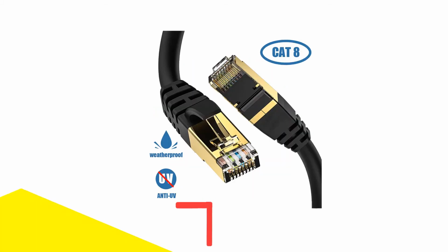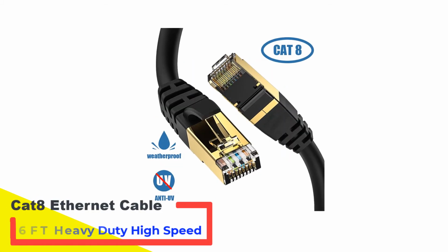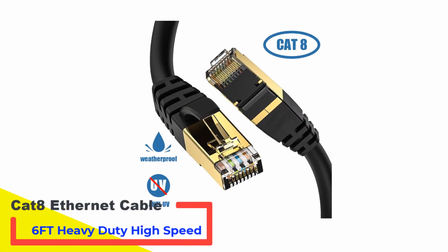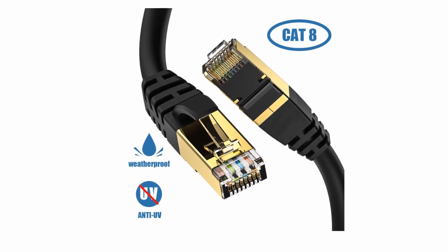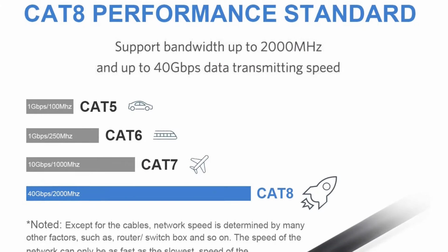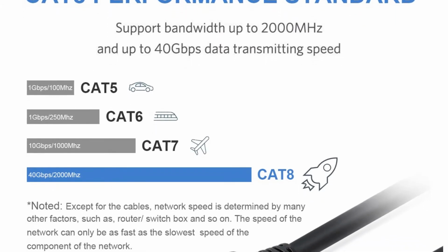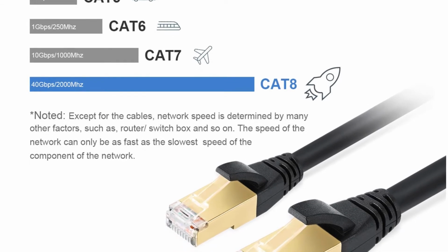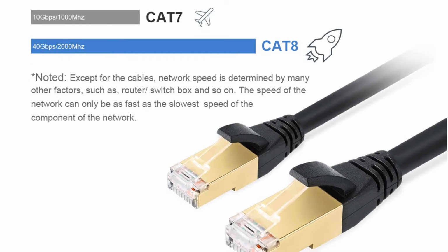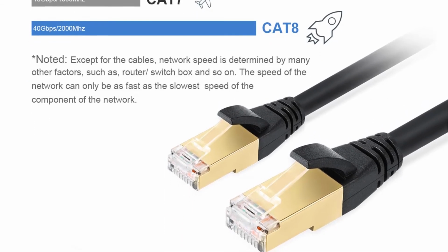Number 4. Cat8 Ethernet cable, outdoor-indoor, 6-foot heavy-duty high-speed. If you aren't ready to spend on a Cat8 Ethernet cable and your network requirements are not as demanding, UGREEN's Cat7 makes an excellent option. By comparison, it has a lower bandwidth, 600 MHz, and data speed, 10 Gbps, but it is a perfect choice